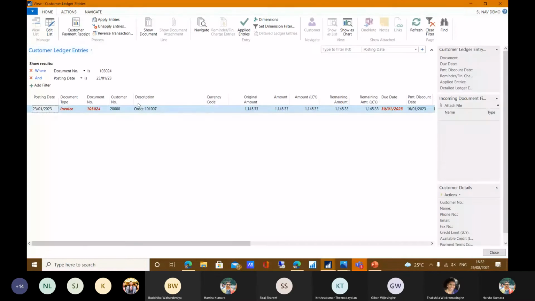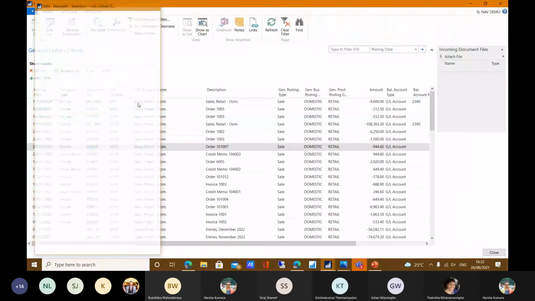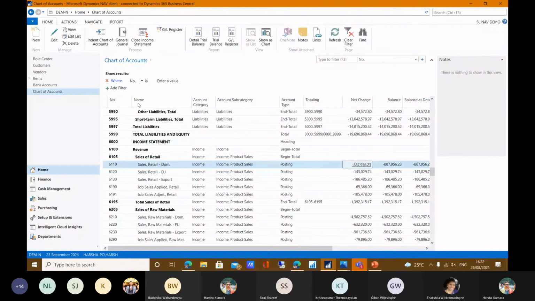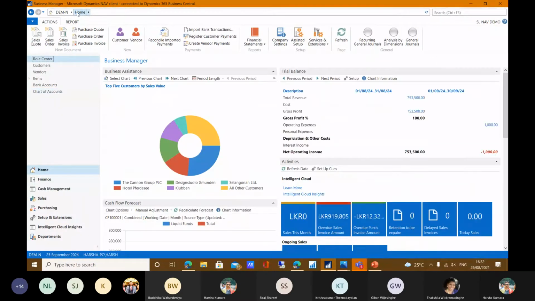Like this, you can further navigate and see the data posted into the NAV chart of accounts list page. And we can also see there are lots of other functionalities available in the data analysis that we call dimension analysis. I will show you how analyzing data in NAV is very easy, and you can get it to an Excel worksheet within a few minutes.